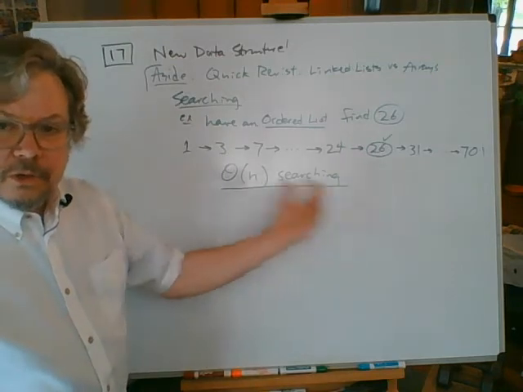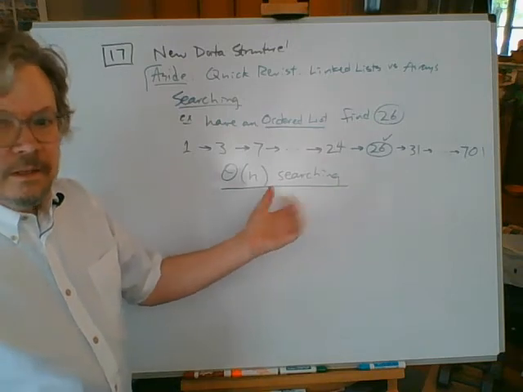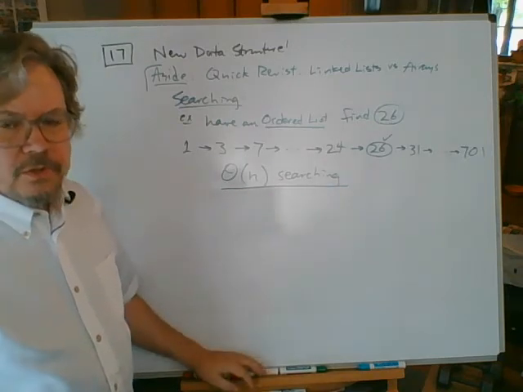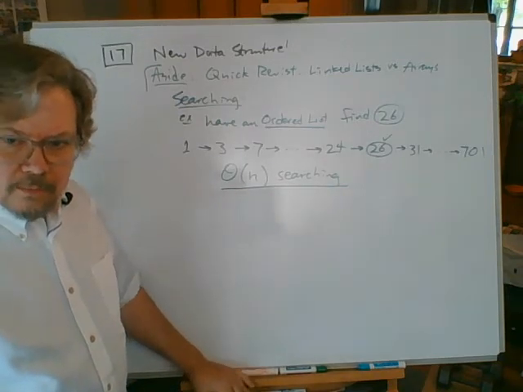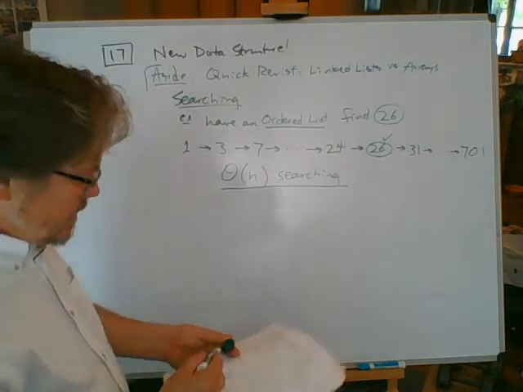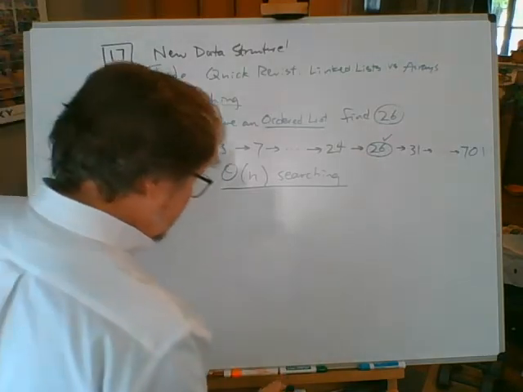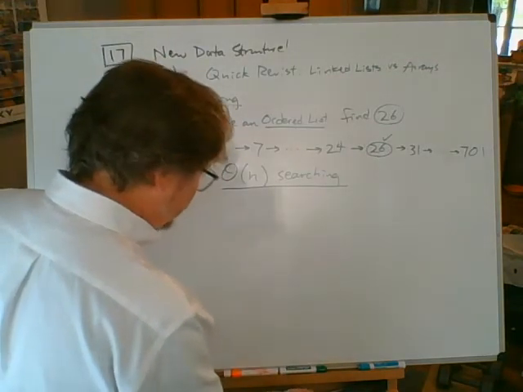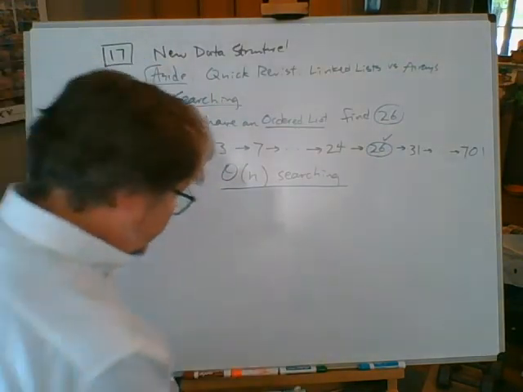Oh no, the list increased by a factor of 10. Then we can expect, on average, our searches to take 10 times longer. That's what order n means. Now then, that's only half of the picture. The other half of the picture, maybe,